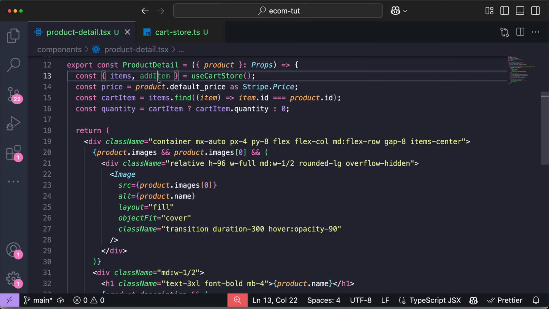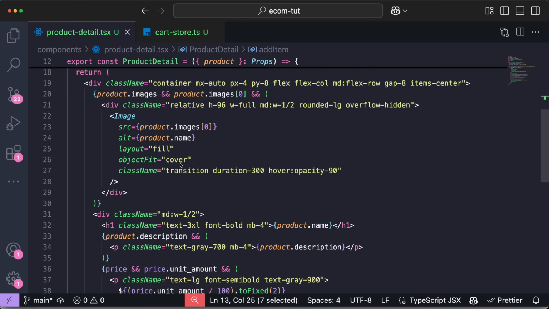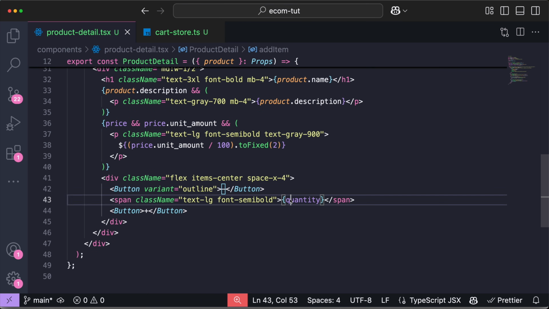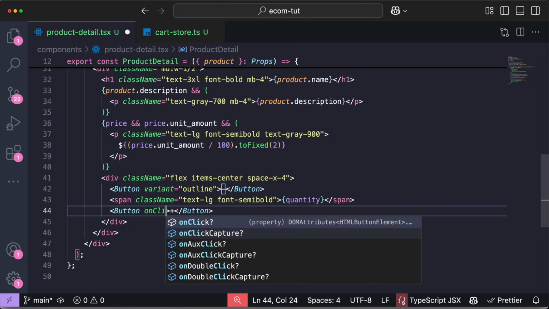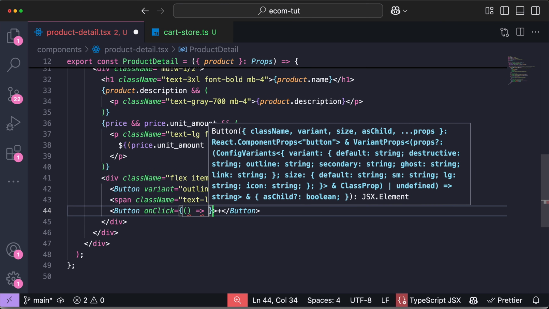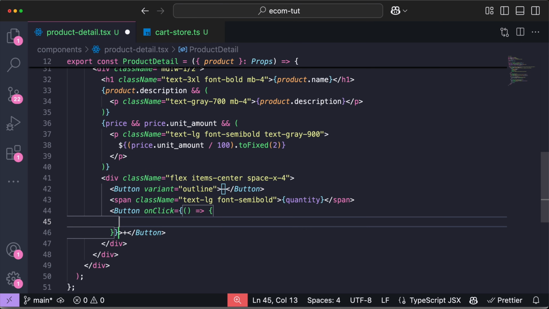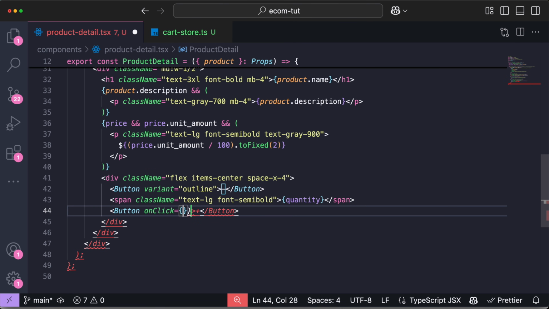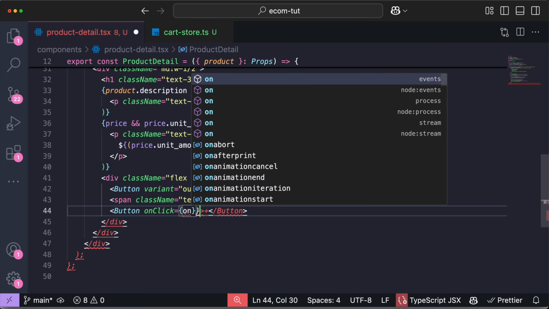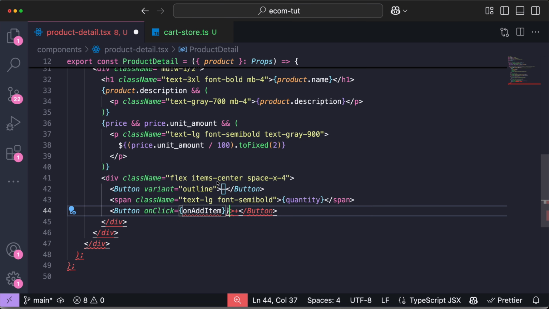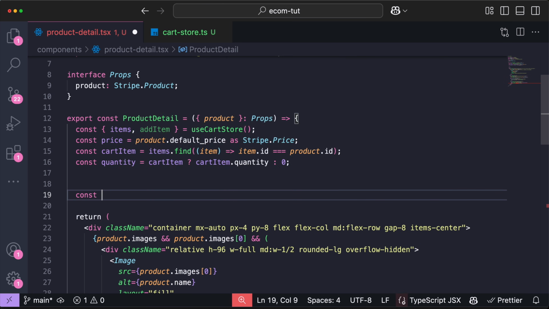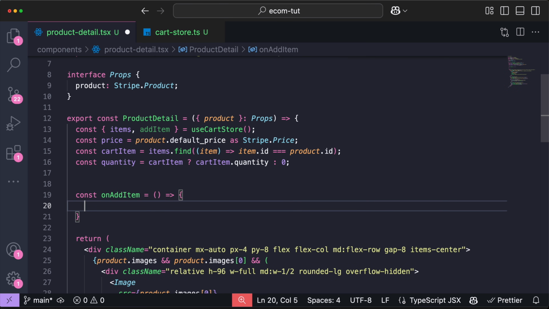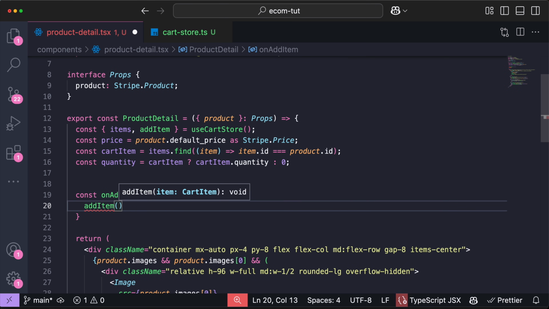But obviously that doesn't mean anything because we haven't actually added the ability to increase this value. So let's do that. This add item over here, if it is working, it should increment this quantity to 1 if we click this button. So let's write that logic. I'm going to pass an onClick over here, and this onClick is basically going to call onAddItem. And we're going to have to create that function over here, const onAddItem. And inside of here, we're going to have to call the add item function,